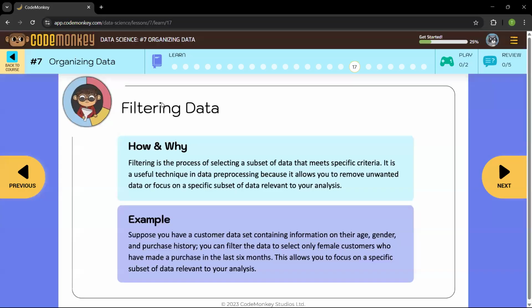Now, what is filtering data, and why do we filter the data? Filtering data is the process of selecting a subset of data that meets a